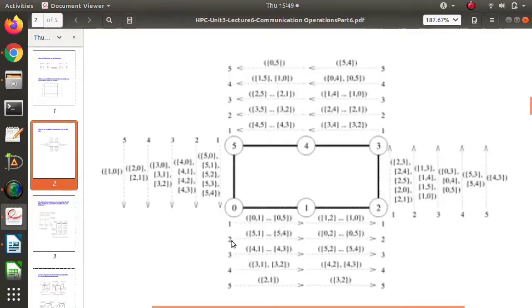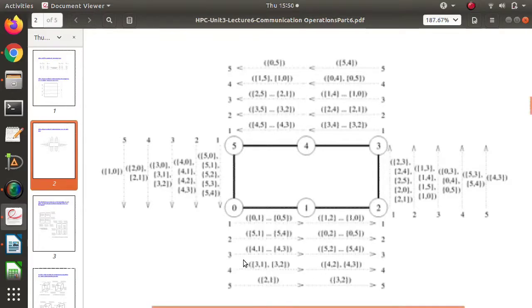See, this communication, in the sense, the zeroth node will send this message to the first node. The first node, in the second step, will send this message to the second node. This is also step number 2. So here the second node will send a message to the third node. In the second step, these are the messages sent from 3 to 4, and these are the messages sent from 4 to 5. Whatever messages are there in the second step are sent parallelly or simultaneously.